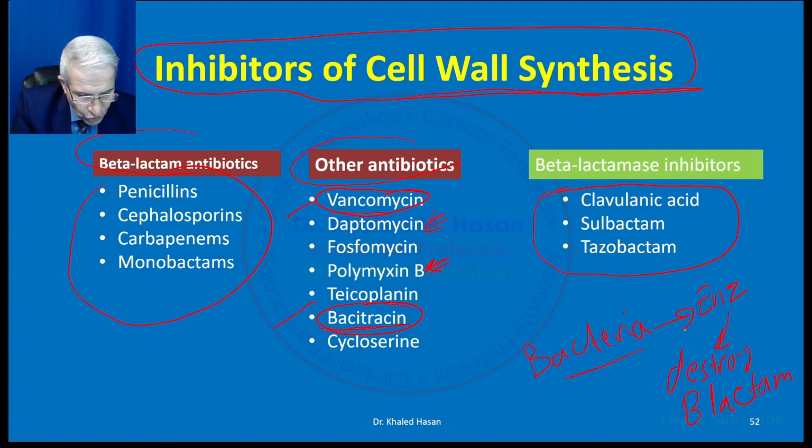Okay, the bacteria produce an enzyme. This enzyme destroys the beta-lactam ring. Therefore, the scientists, the lab researchers, developed a group of medication that inhibit this enzyme. These medications, clavulanic acid, sulbactam, and tazobactam, inhibit the enzyme produced by the bacteria, which we call beta-lactamase